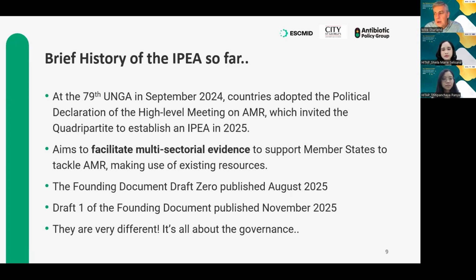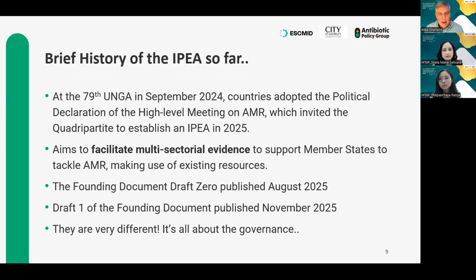obviously, as she was talking about, which of course is WHO, and then the World Organization for Animal Health, the Food and Agriculture Organization, and the United Nations Environment Agency. So that's environment and sort of food and agribusiness, and also then animal health and human health. So this aims to facilitate and have multi-sectoral evidence. And the idea of the panel really is to try and support member states to tackle AMR and make use